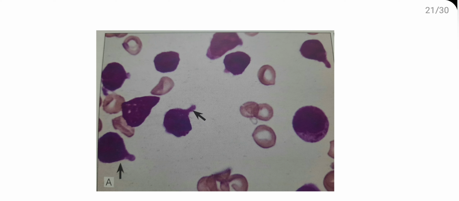And you know that L3 is identified by cytoplasmic vacuolations in the lymphoblast. So it is ALL L3. And I forgot to tell you about a special type of cell in ALL, where the cytoplasm becomes extended forming a pseudopod process. This gives an appearance of a hand mirror. These hand mirror cells are seen in ALL.